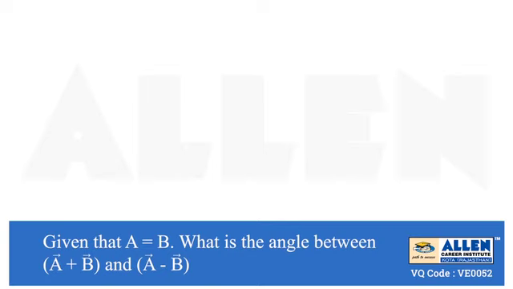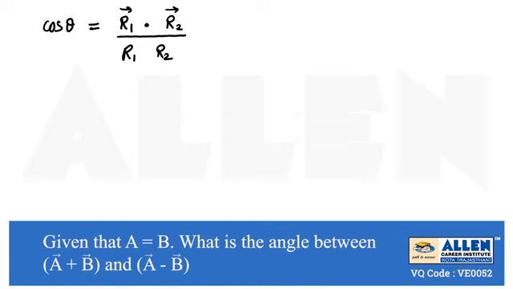So first we will discuss how to find the angle between two vectors. Suppose the vectors are R1 and R2. The angle between these two vectors can be calculated with the help of cos theta, which is the dot product of these two vectors divided by the product of their magnitudes. It will give cos theta, and from there we will find theta, representing the angle between R1 vector and R2 vector.